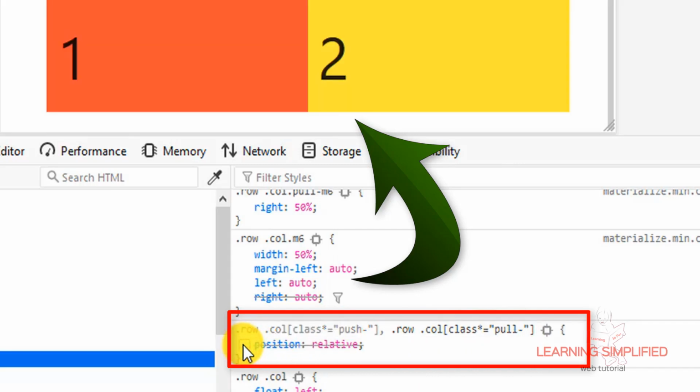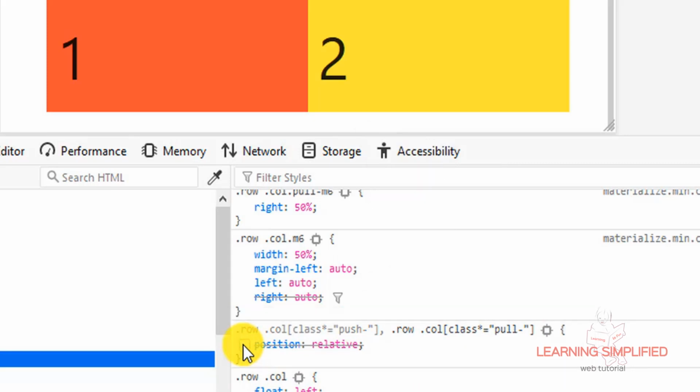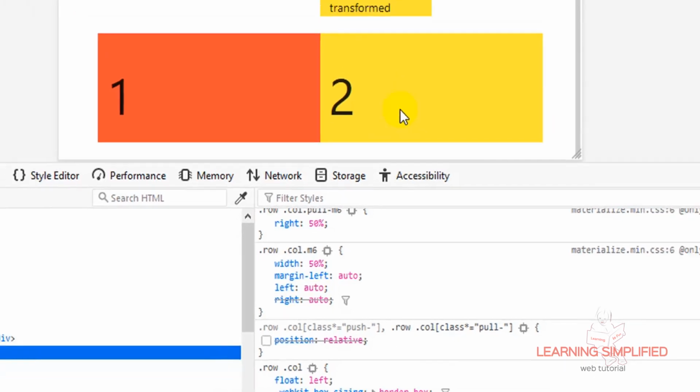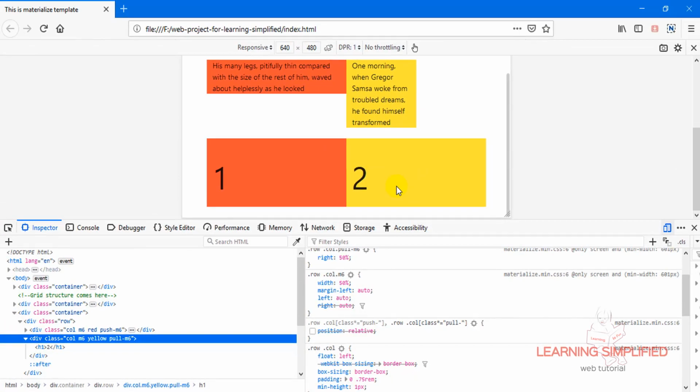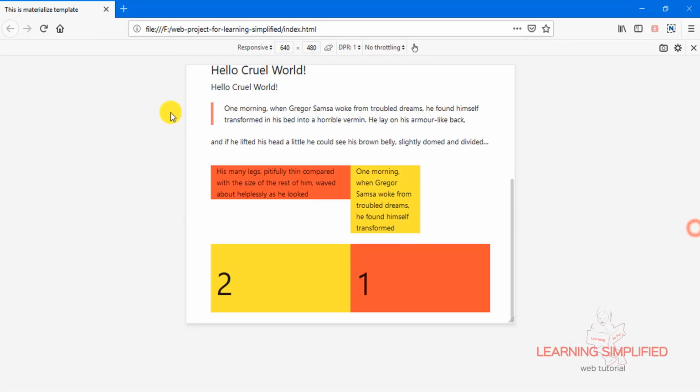So if we uncheck this particular box over here, we can see that all those classes are practically not working, and the same order appears over here as it should have been if we did not use any kind of push and pull. So just close this code inspector panel and reload.